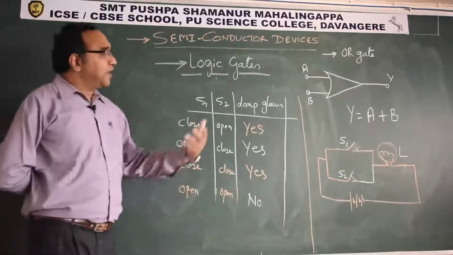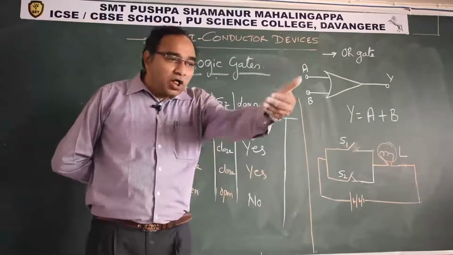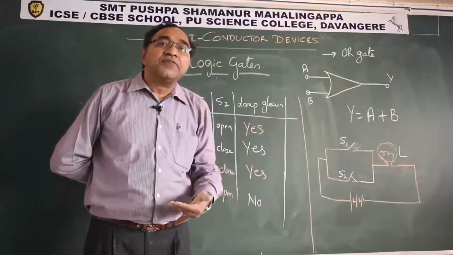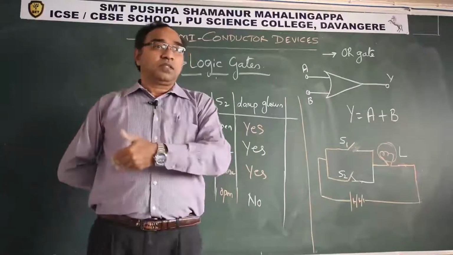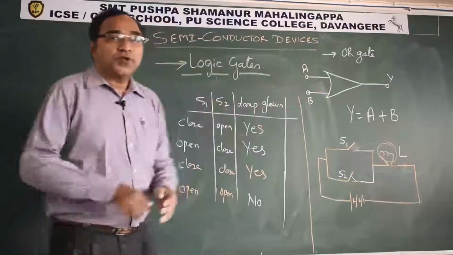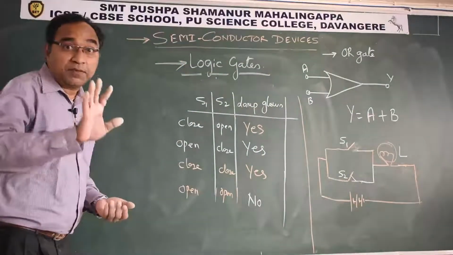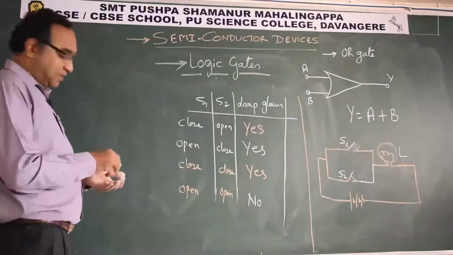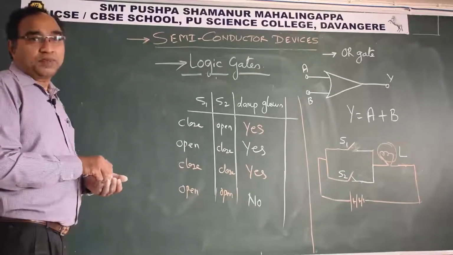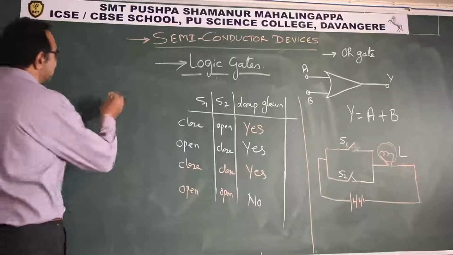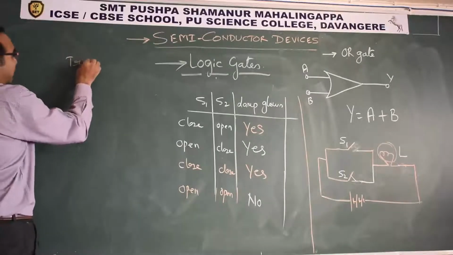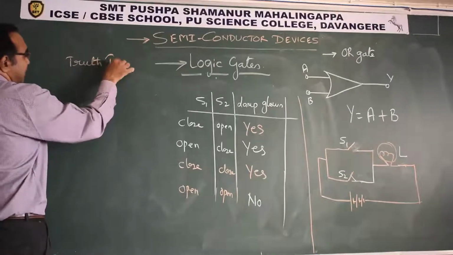So how does the OR gate go? If any one of the input conditions is true, the output is true. So you see how we draw the truth table. A very dangerous word has been given. The name is given as truth table. Nowadays the word truth itself is not existing, and we are giving it as a truth table, right?